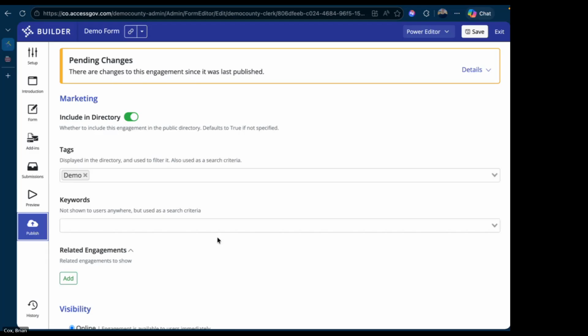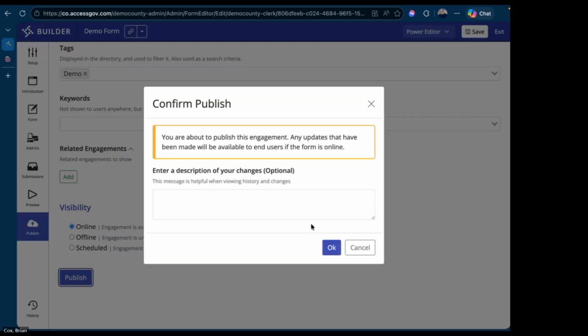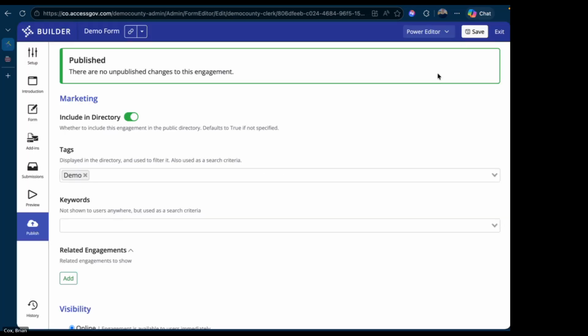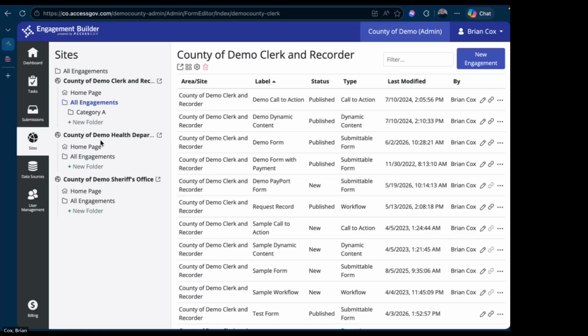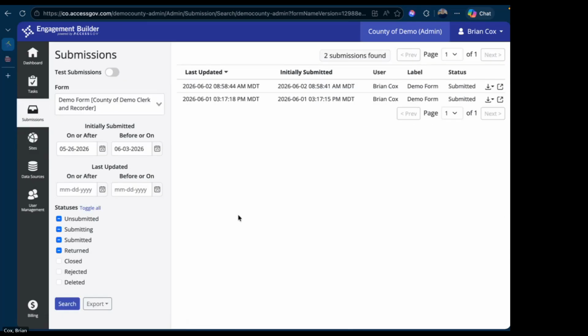and I'm actually going to go ahead and publish that on this form. If you were to just save it right now, it would only apply to test submissions. You would want to make sure to fully publish that change to make sure that it would apply to those production submissions as well. If I go back to the Submissions tab right here, and I'm going to go ahead